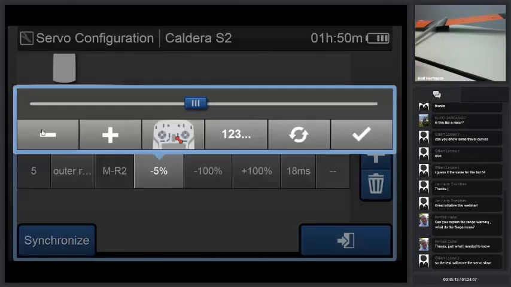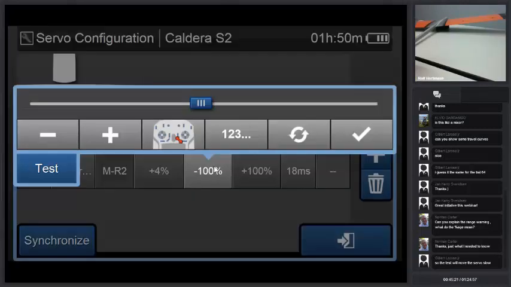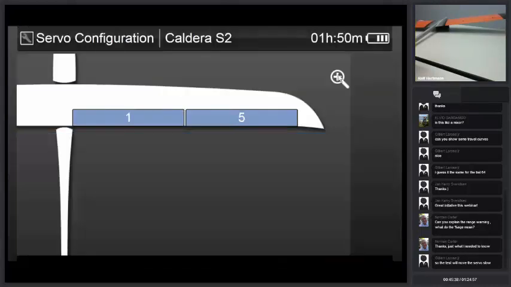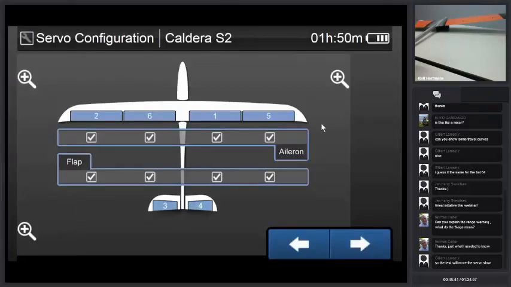And again adjusting the center position. Wrong direction. Like this, and checking for the limits. Okay, like this, and downwards direction, not so far. This looks good. And now we finished all the servo configuration. So we told the radio where the servos are put,